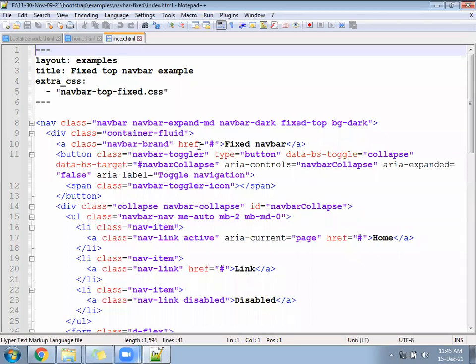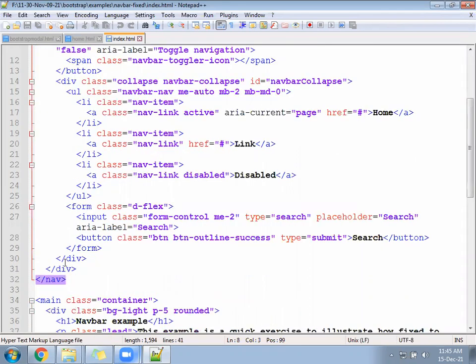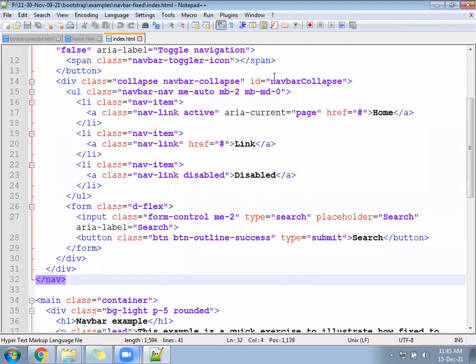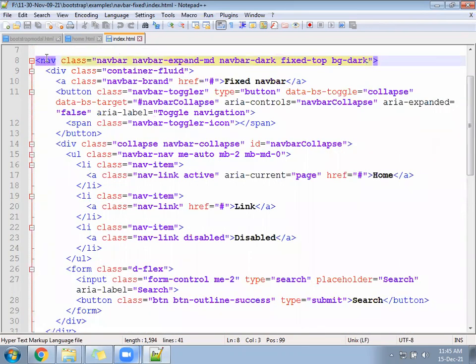Okay, so we got this file. Inside that you can see the nav tag start and nav tag end. Correct? We found nav start, nav end.